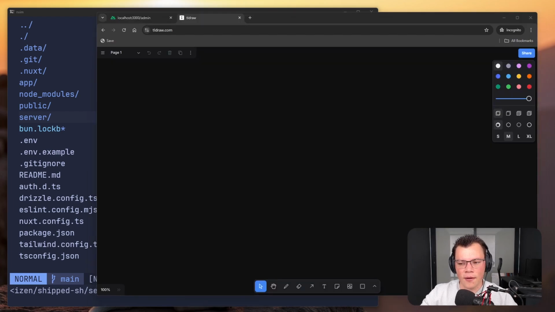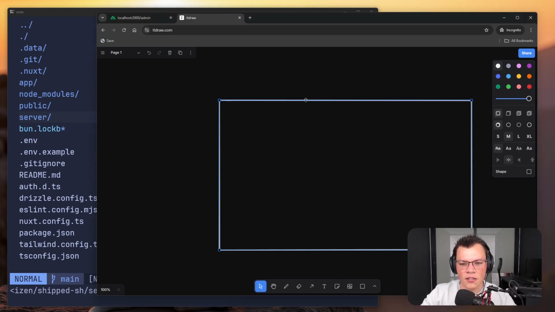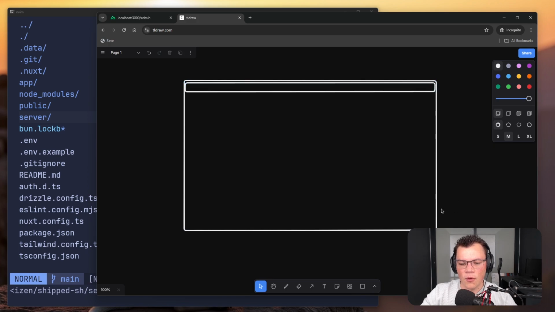Since this is the first time I'm actually going to do this page, what I usually like to do is just get an idea of what I want to achieve on the page. Instead of just going off of my mind, I get a very, very rough sketch of what the idea is. So let's say this is the page. In this page, basically, we have our nav bar already. And what I want to do is list on the admin page all the videos we currently do have and show the thumbnail, show the title,